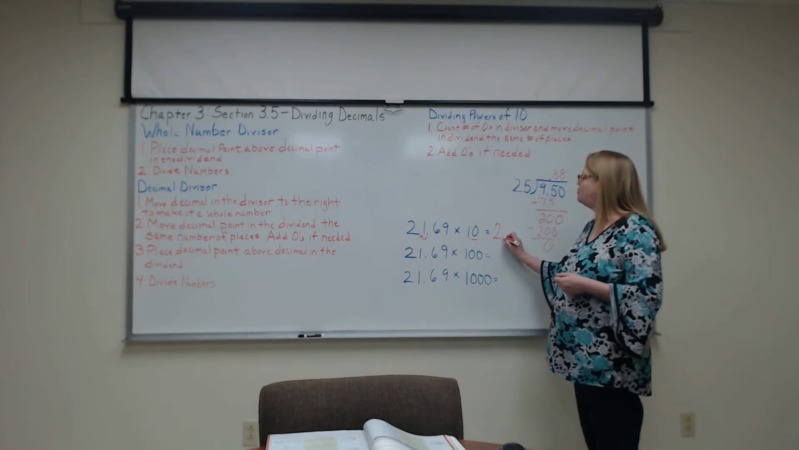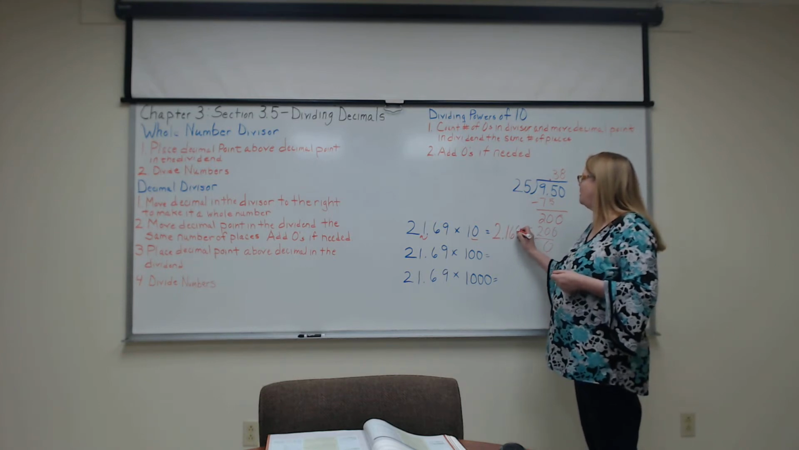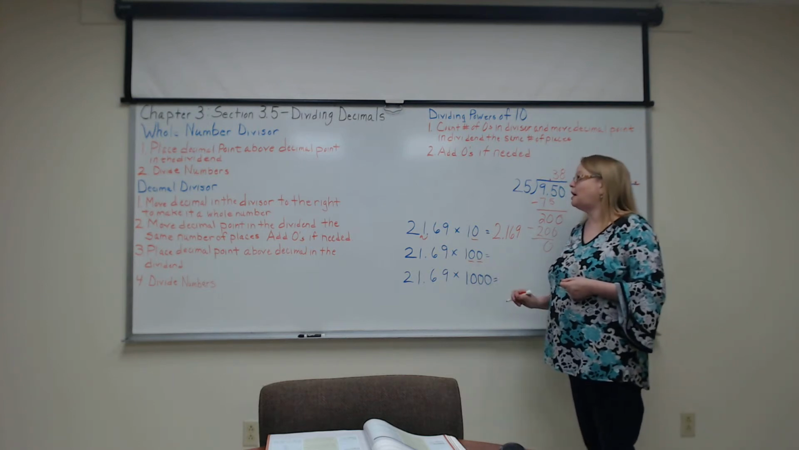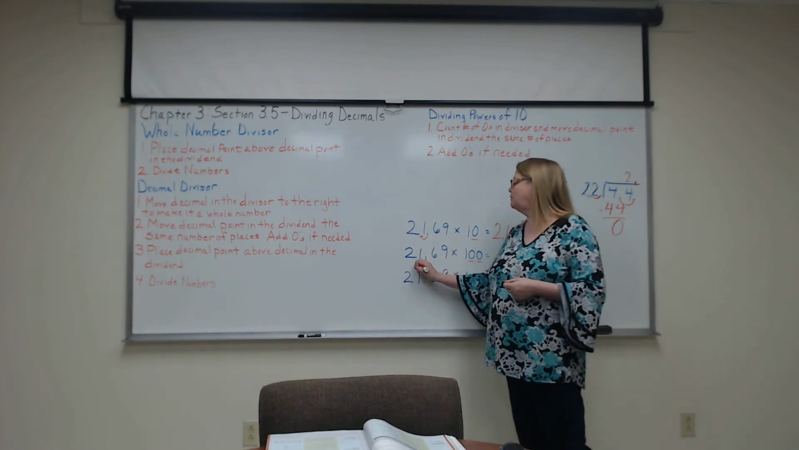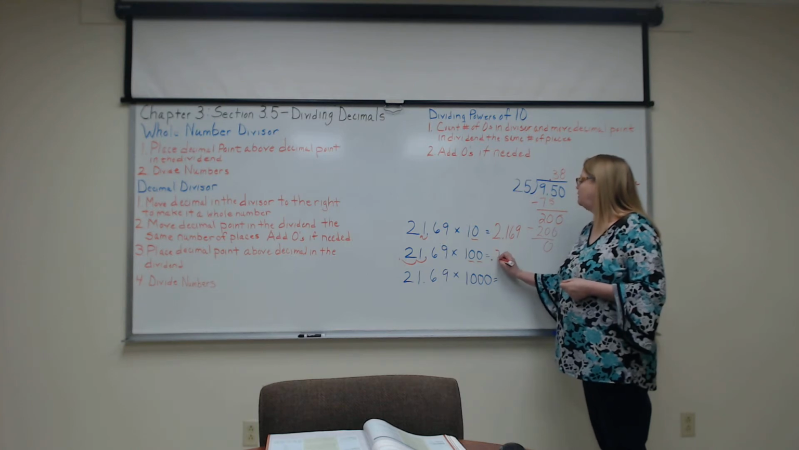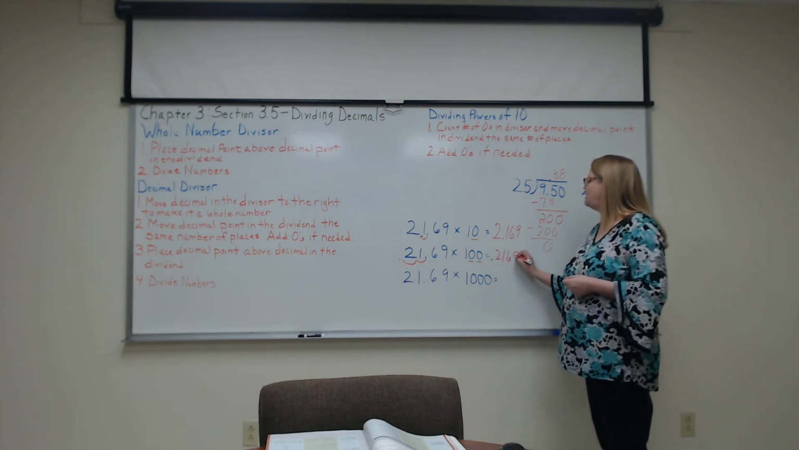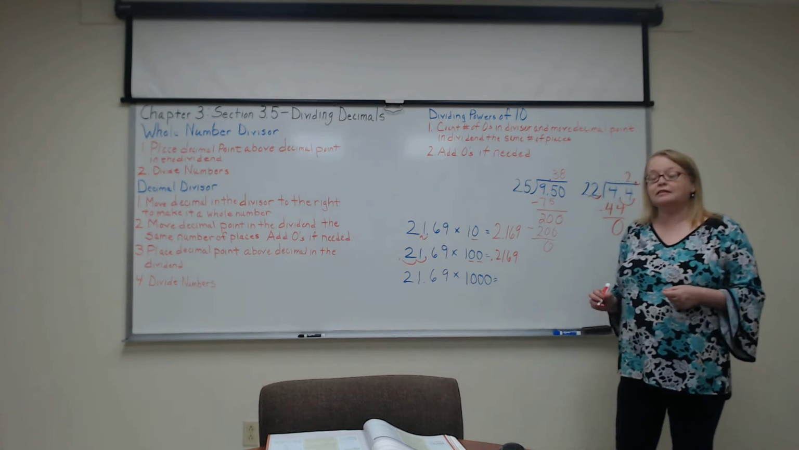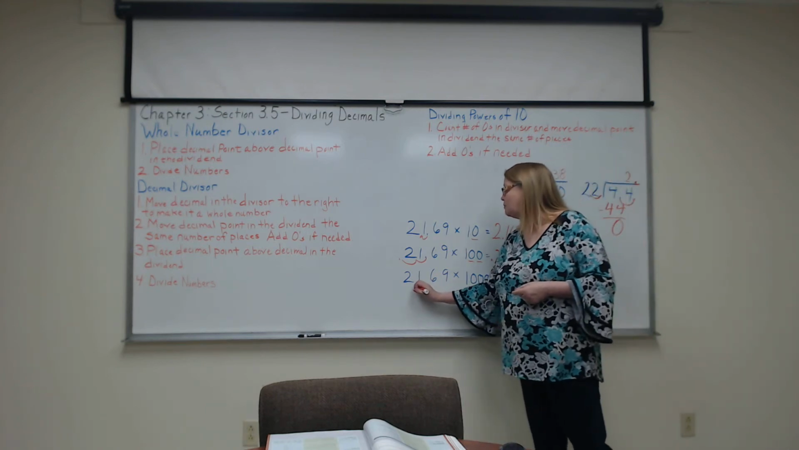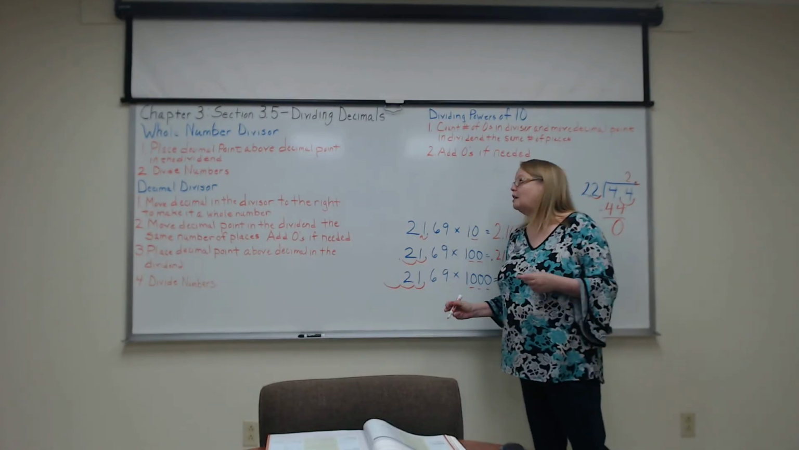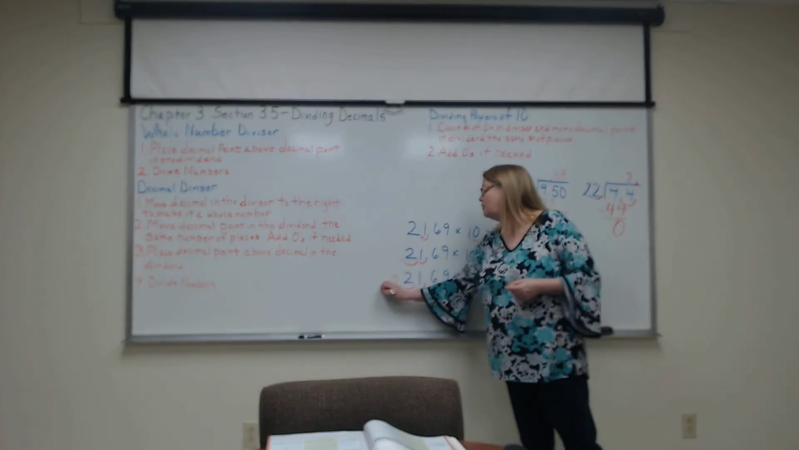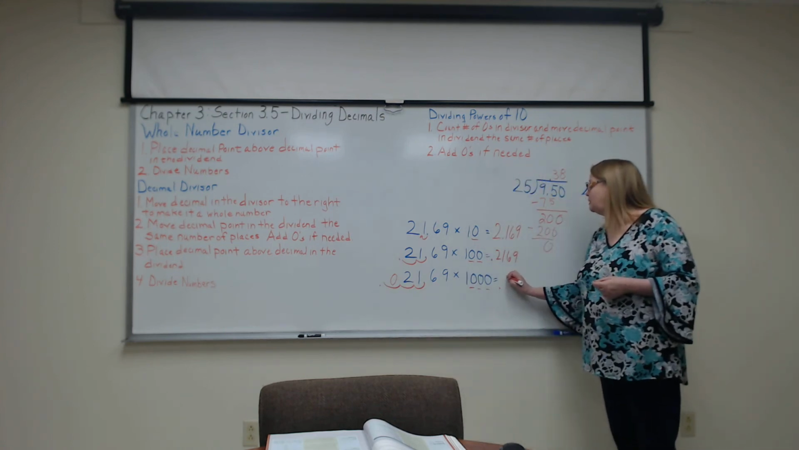So our answer is 2.169. But when we look here, if we're dividing this by 100, we have to move our decimal point 2 places. So then our answer becomes 0.2169. But then with the thousandths, we have 3 zeros, we have to move this 3 places, 1, 2, 3. Because we don't have that many numbers, we add our 0 here. So our answer then becomes